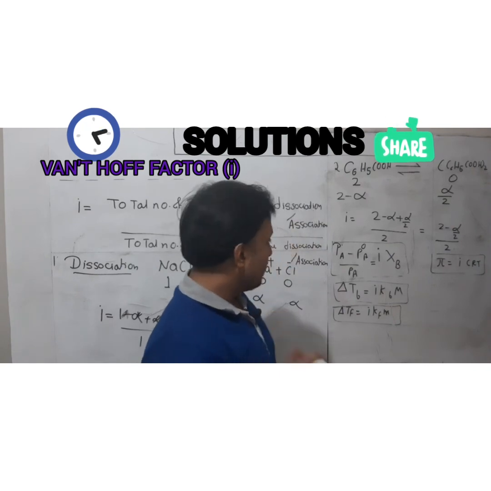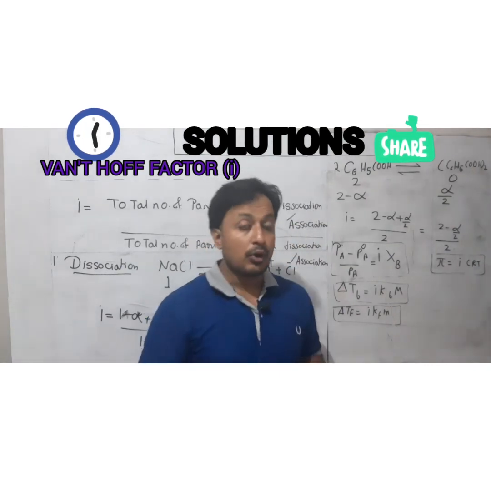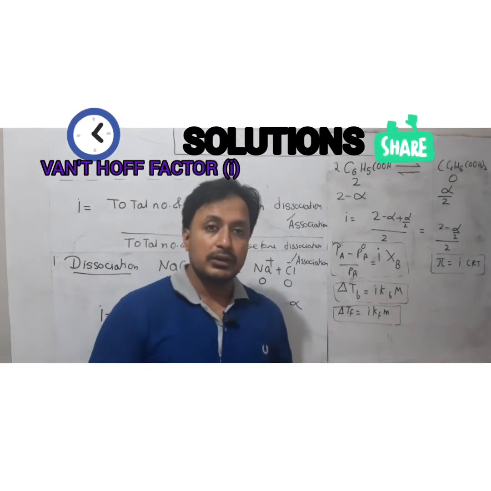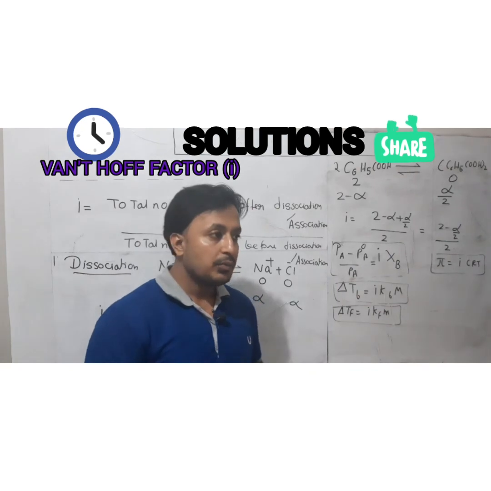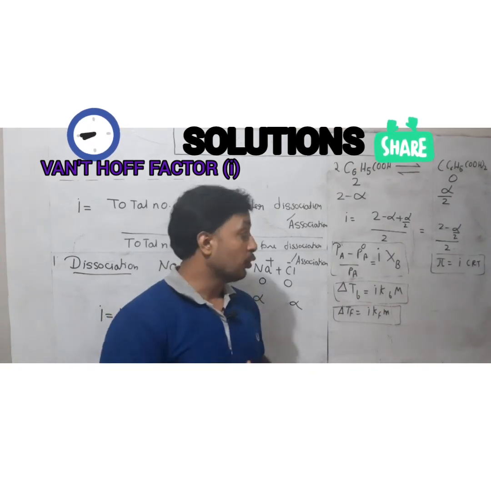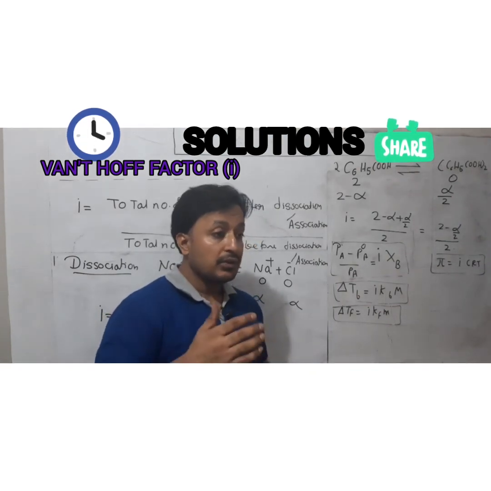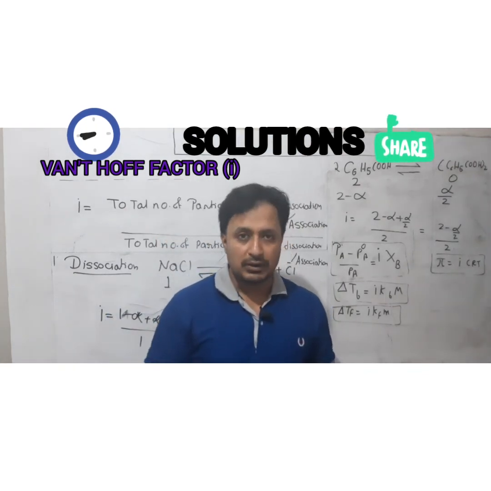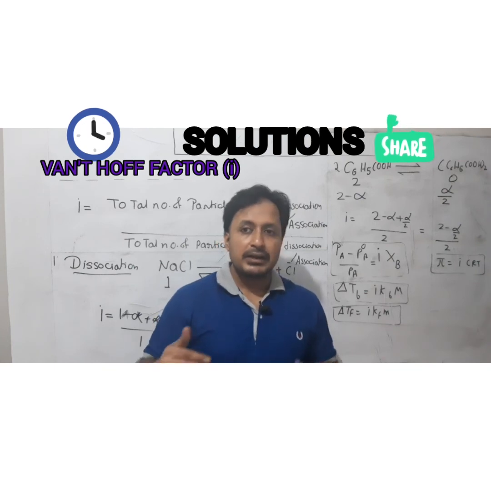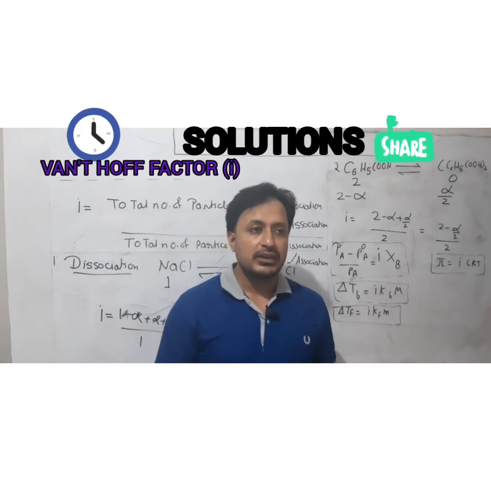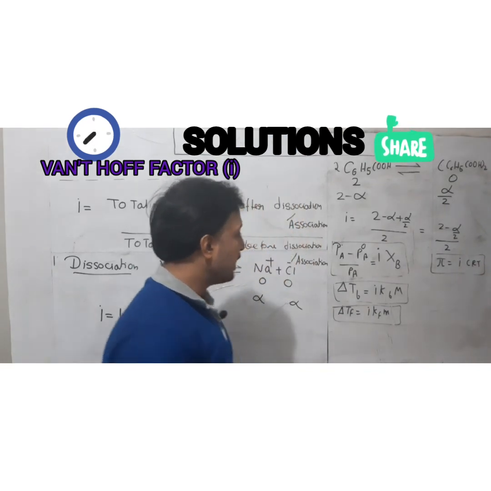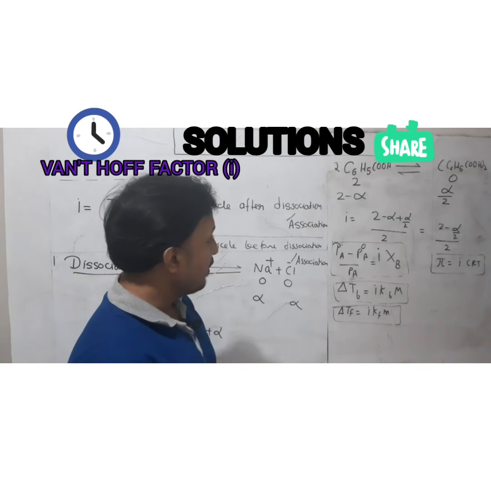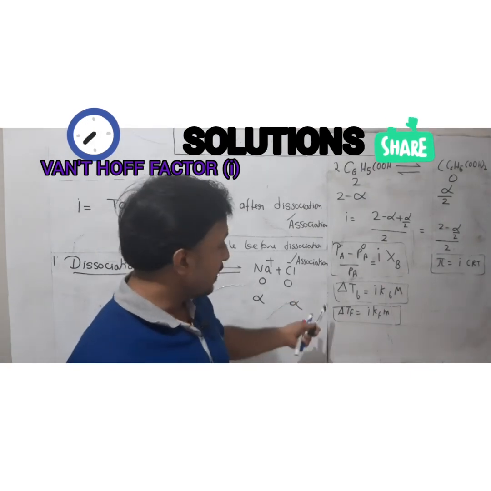And suppose whatever the abnormal molar mass and normal molar mass. Abnormal molar mass means because the dissociation is happening, there will be some abnormality coming in the molar mass of the substance. Because suppose we know that sodium chloride is having 58.5 gram molar mass. But when it gets dissociated, the molar mass will change, that is it becomes abnormal. So in such a case, the abnormal molar mass you can find by putting the value here and you can calculate the answer, with the help of this formula.